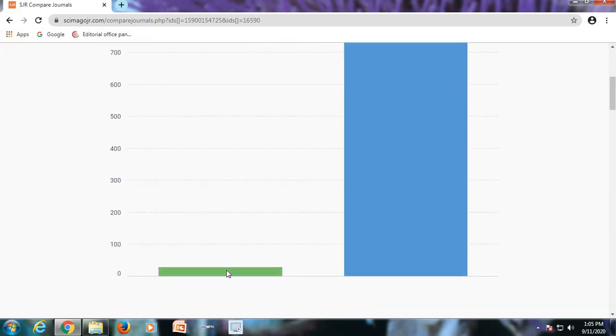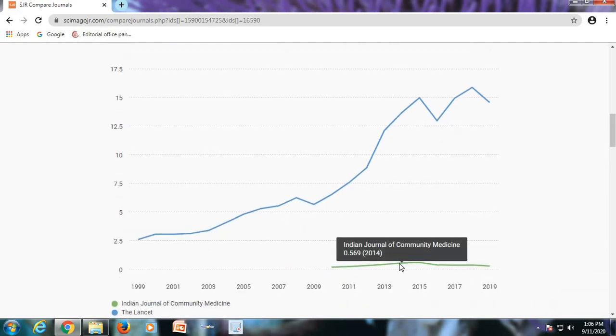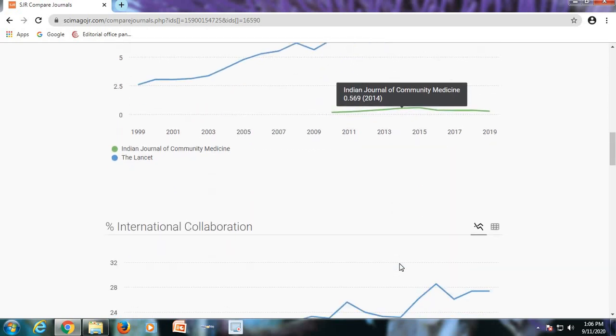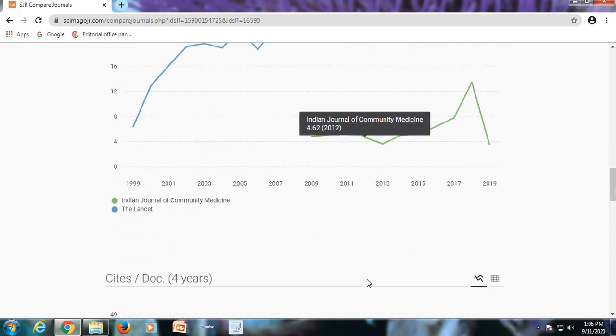So this is a graphical presentation of the H-index in comparison, Indian Journal of Community Medicine and Lancet. Scimago Journal Ranking for Lancet and Indian Journal of Community Medicine. International collaboration for Lancet and Indian Journal of Community Medicine.